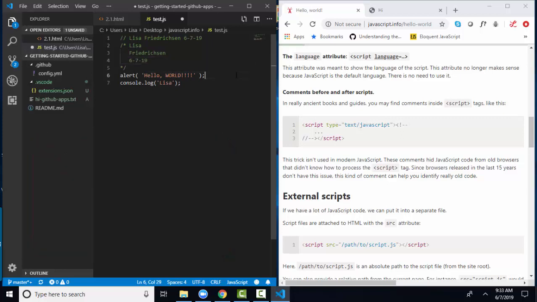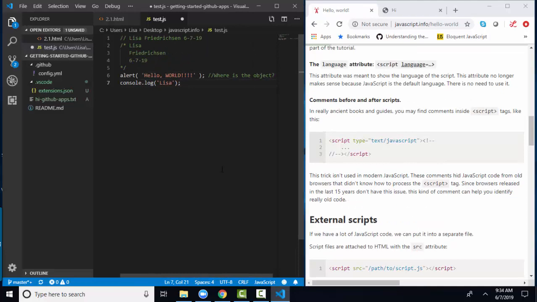If you want to make a comment at the end of a statement, you can use // where is the object? And that's a very handy way to leave a message for your instructor in your homework. So use comments as liberally as you want for both documentation as well as communication with me and reminders to yourself to come back to something to work on it again. And the third way is if you have a